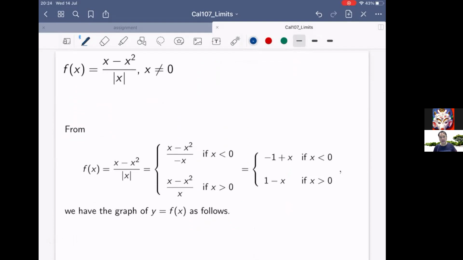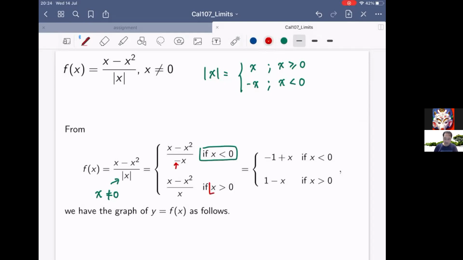As we told you, it will be difficult if you keep having that table. So how are we going to make our life easier? Let us do it like this. As I remind you again, the absolute value of x equals x if your x is greater than or equal to 0, and equals -x if your x is negative. However, your absolute value of x right now is at the bottom, so your x cannot be 0. So the cases will separate as your x is negative, the absolute value has a negative x there, and then if your x is positive,